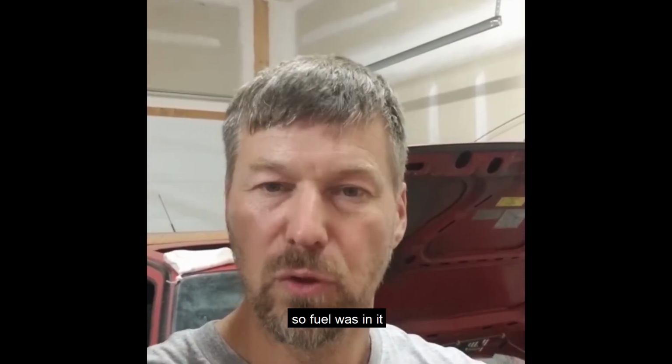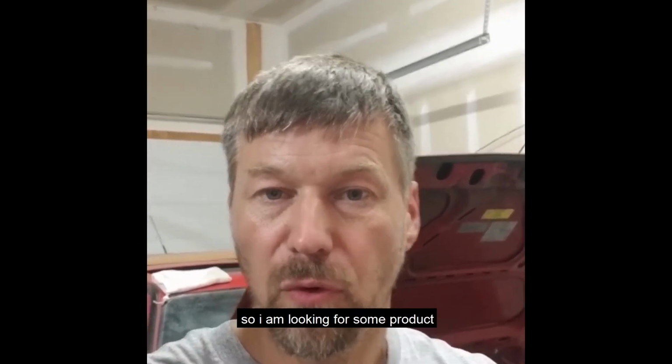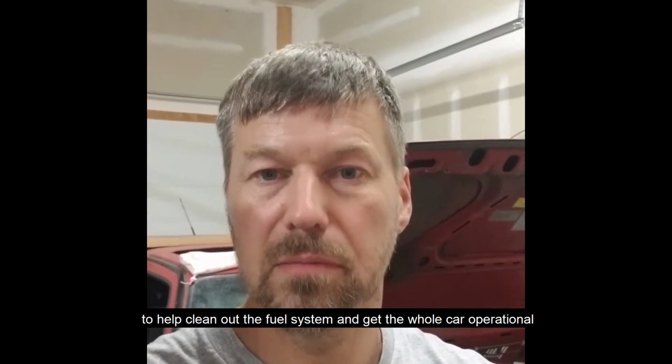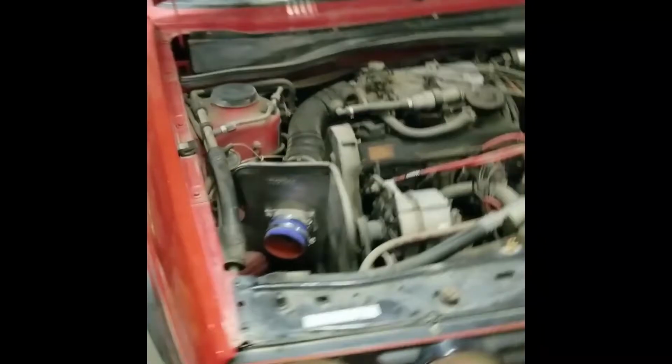So fuel was in it, oil was in it, all fluids were in it, and the car was just parked. I am looking for some products to help clean out the fuel system and get the whole car operational. So here's my little 1.8